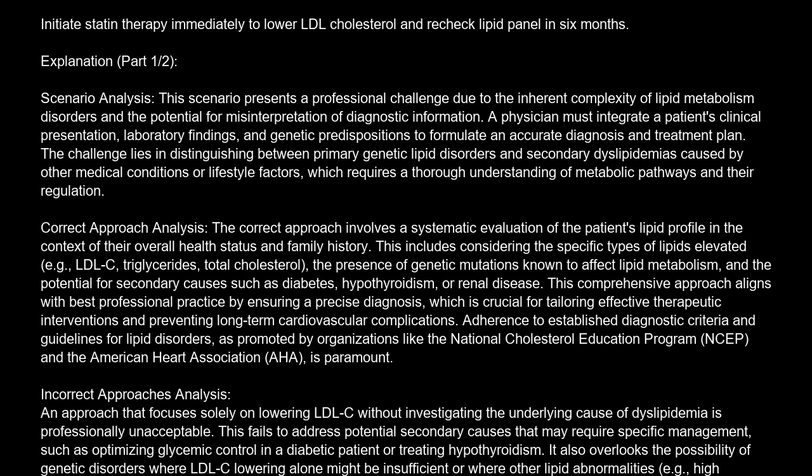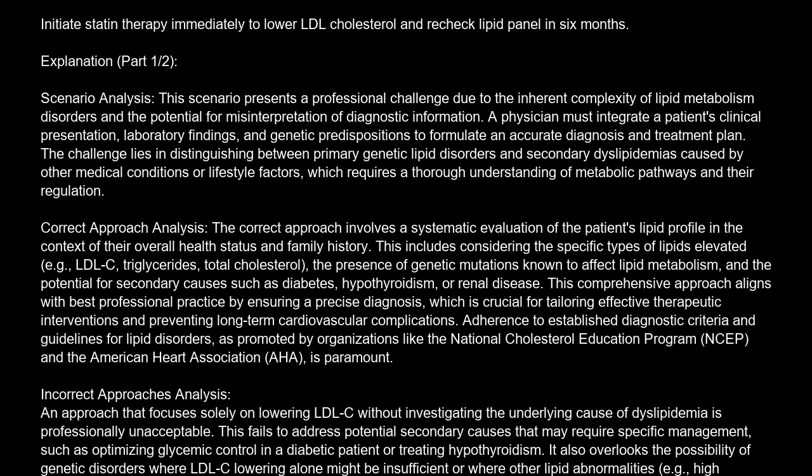The correct answer is A. Initiate statin therapy immediately to lower LDL cholesterol and recheck lipid panel in 6 months. Explanation. Scenario analysis. This scenario presents a professional challenge due to the inherent complexity of lipid metabolism disorders and the